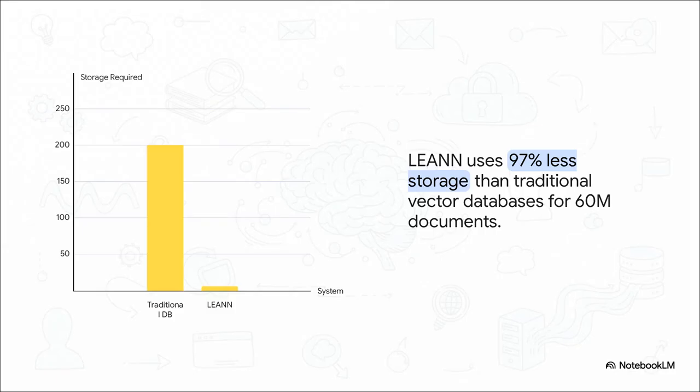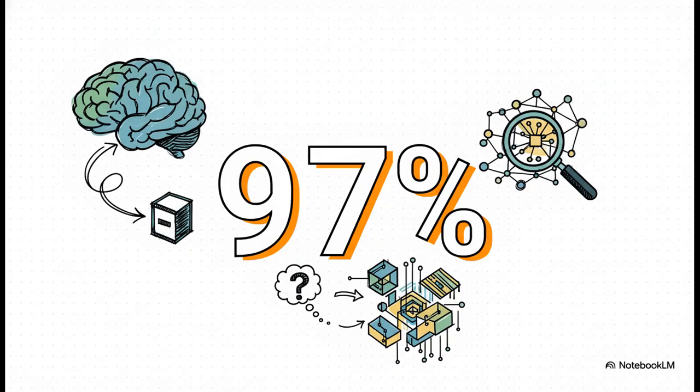And the difference is just staggering. Take a look at this comparison. Remember those 60 million documents that needed 201 gigabytes with the old methods? Well, with LEANN, they take up just 6 gigabytes. That is an absolutely incredible reduction. We're talking about a 97% savings in storage space. And here's the real kicker. According to its creators, it does this with no loss in search accuracy. It's just as smart, but it's incredibly more efficient. So the question is, how on earth does it work?